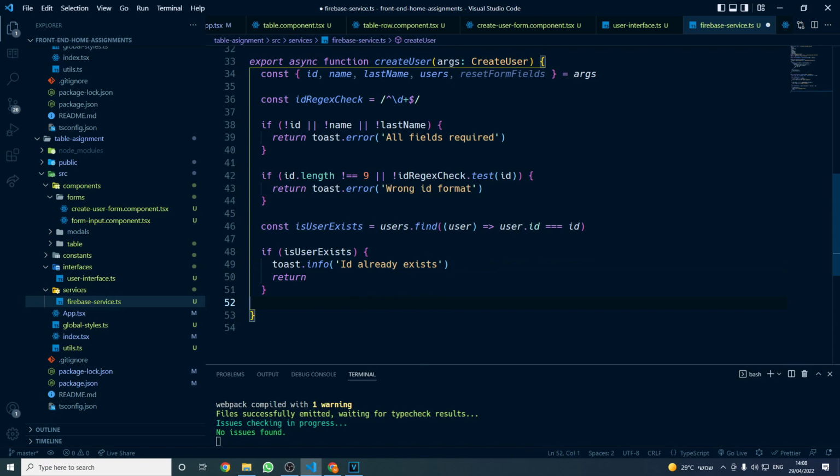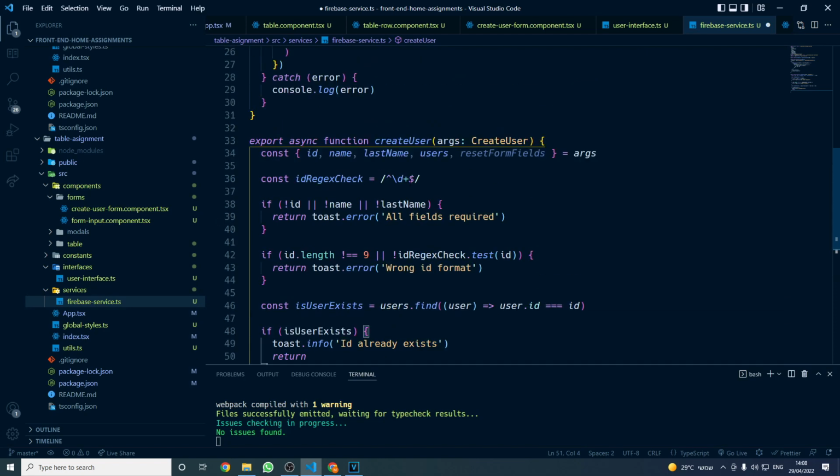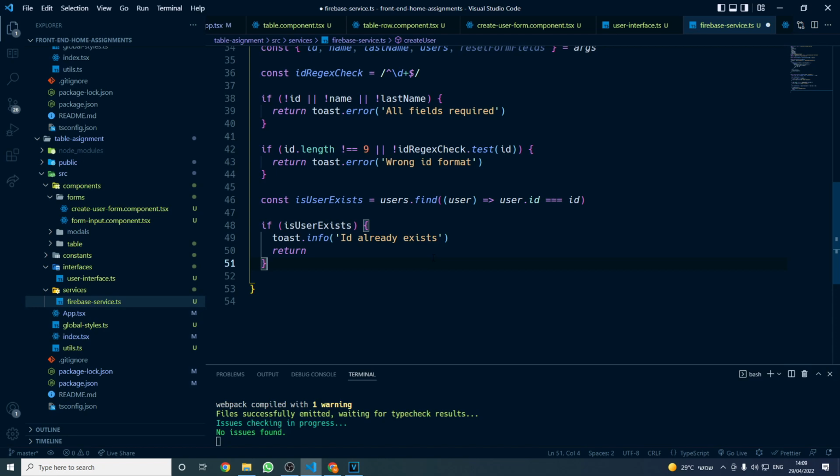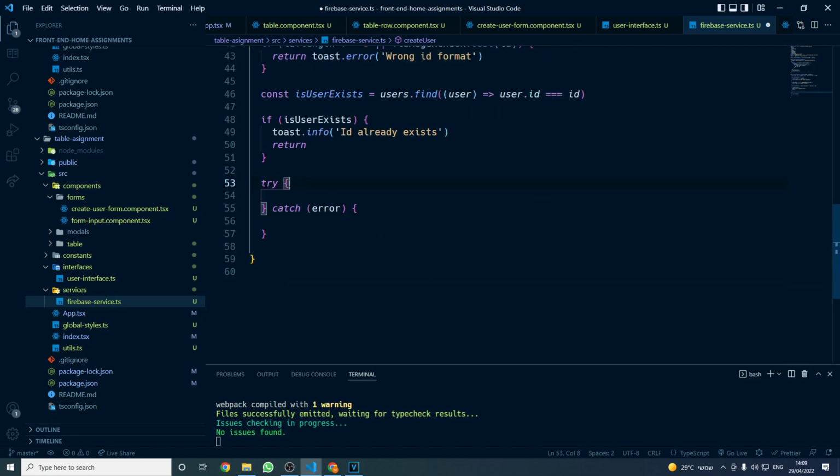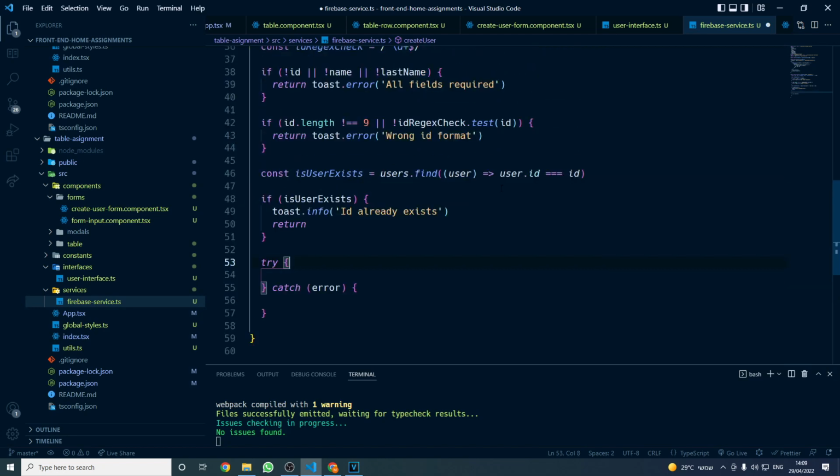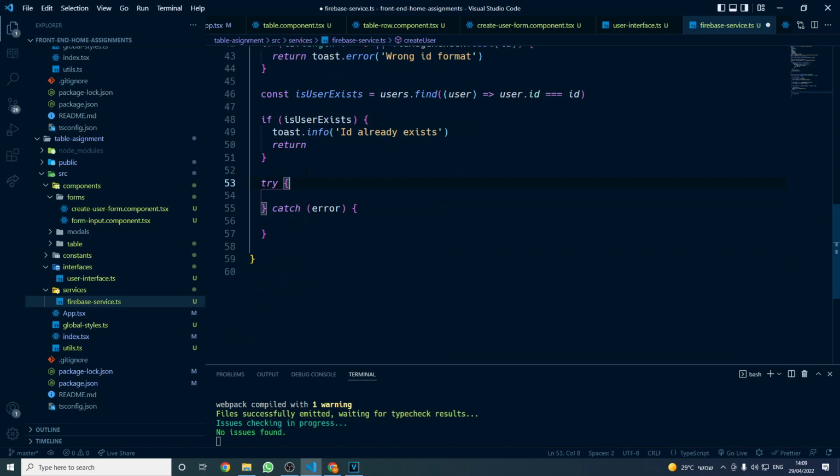So if the user exists, I'm not going to add a user with the same ID. After all these validations are passed, I'm going to open here a try-catch block. Here I'm going to send all the info to Firebase database and create the user. First of all, if I have an error, let's console log the error, and inside the try block, here I'm going